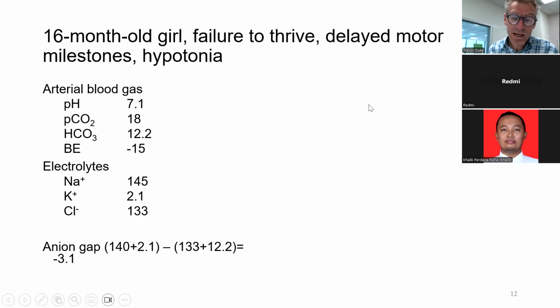This child had an anion gap of 3.1, and that shows a normal anion gap metabolic acidosis. So there's no unmeasured anion like lactate or phosphate or ketones. It's simply that they have not reabsorbed bicarbonate. They've been wasting bicarbonate in the urine, so they'll have an alkaline urine, but their